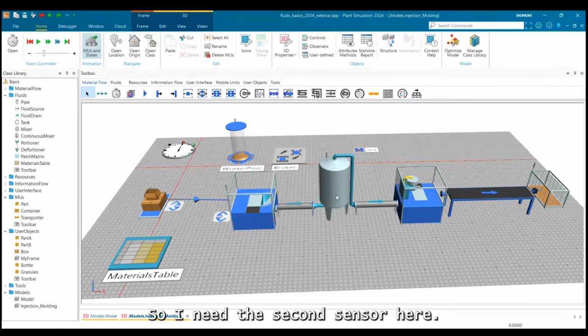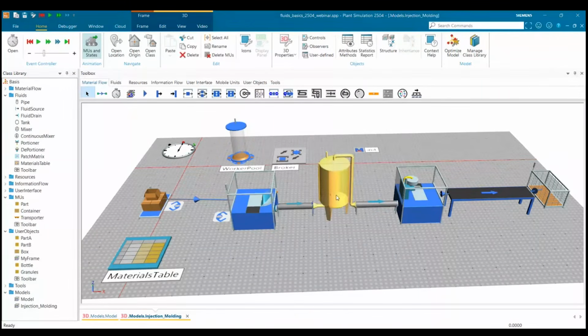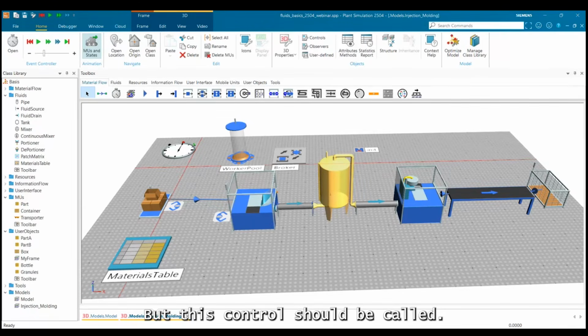So I need a second sensor here. Maybe if we underrun 0.1, 10%, let's see, if it underruns, then this control should be called.